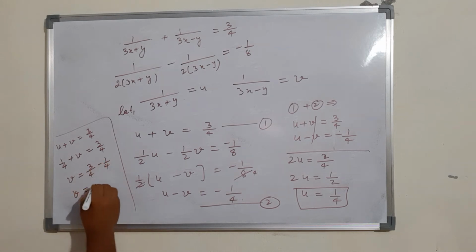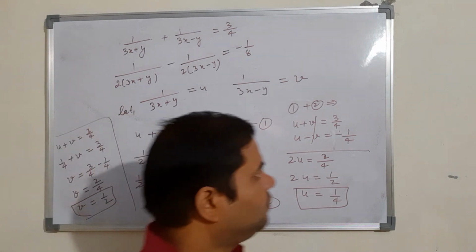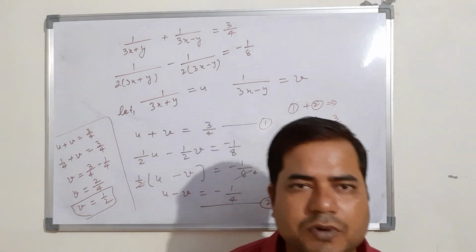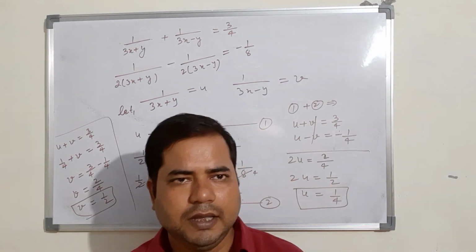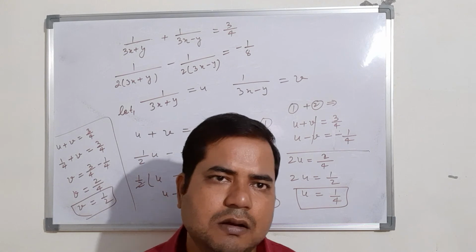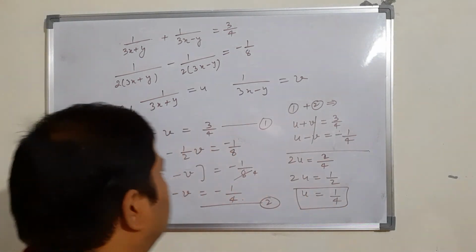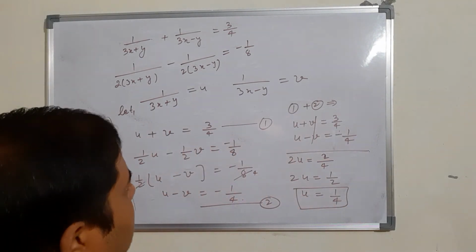So v is equal to again 2 by 4. So v is equal to 1 by 2. So this is the value of u and v. After replacing the value of u and v by 1 upon x plus y and 1 upon x minus y, 2x, 3x plus y, we will get,